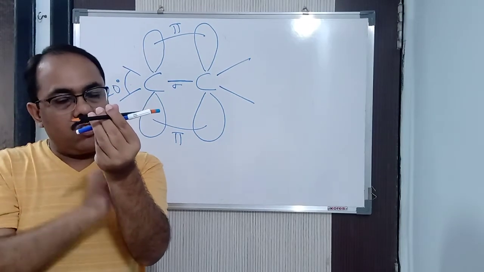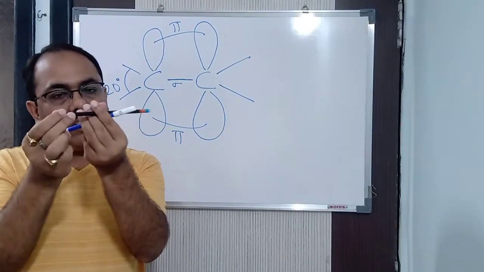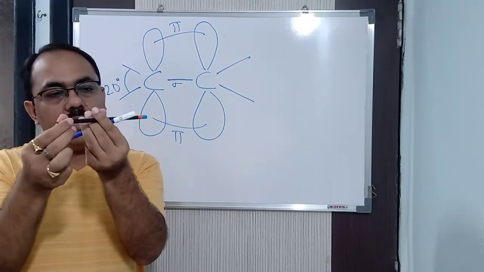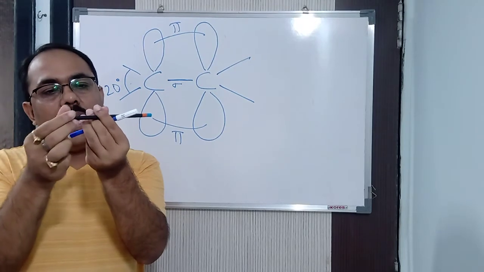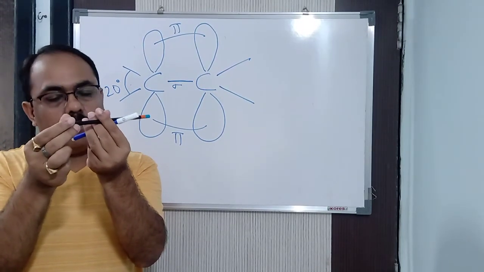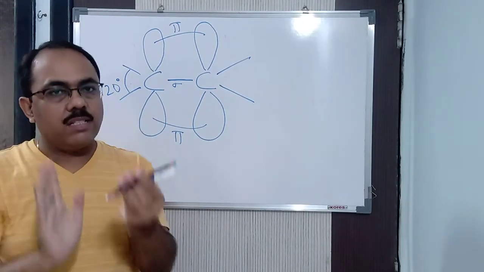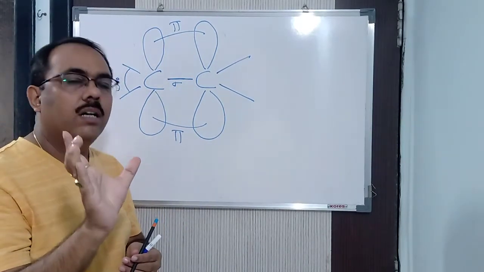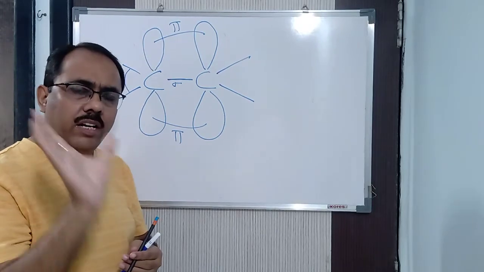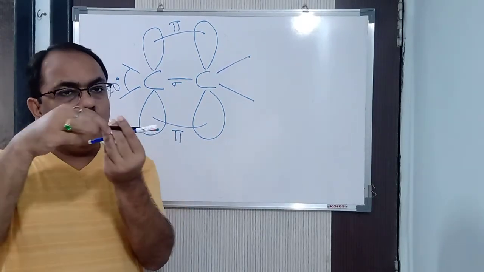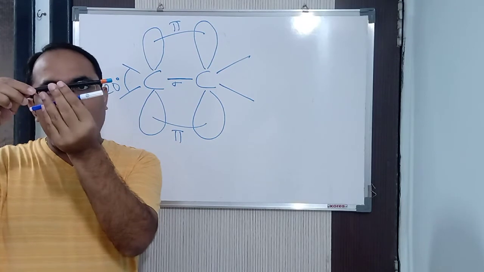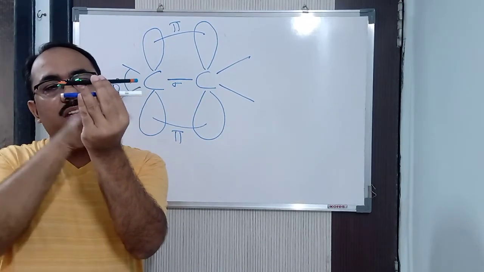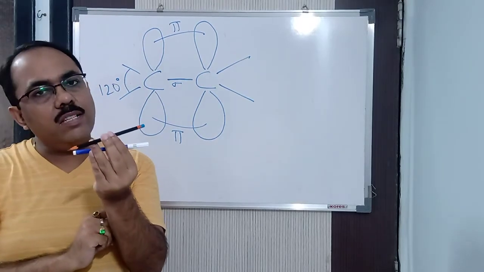Got it now? So how is it happening? Due to restricted rotation. You can see I am feeling pressure in this particular finger because I can't rotate still further. If I have to rotate, I have to break this. I told you that it's not possible. So hence, due to the presence of sigma and pi bond, where the sigma bond is smaller and the pi is bigger, there is a restricted or hindered rotation, and hence we are getting two different types of molecules. This is cis, and due to restricted rotation you can see this is your trans. In this way, cis and trans we are getting.